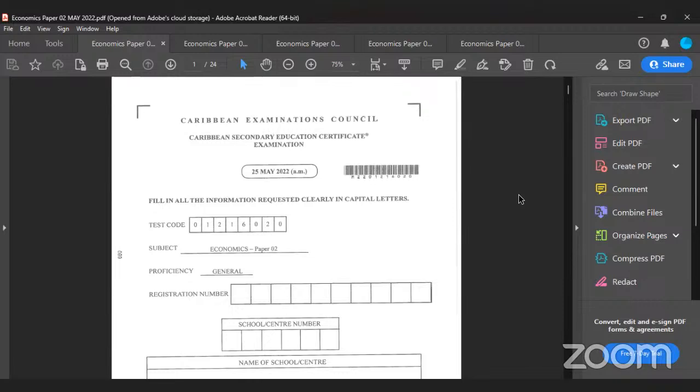So, like I said before, what we'll be doing today is going through different questions on different papers. I have a few papers here. I'll have to pause my screen from time to time because some require a graph to be drawn, and I don't know how to draw the graph on Adobe Acrobat, but the content is relatively digestible.